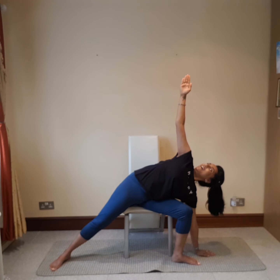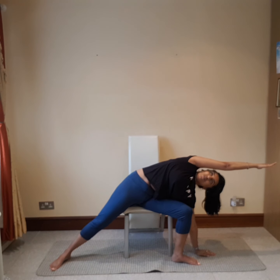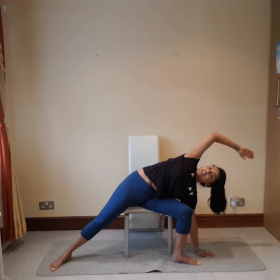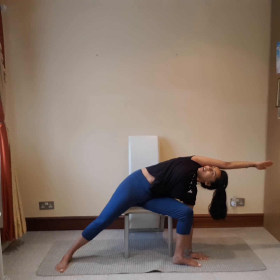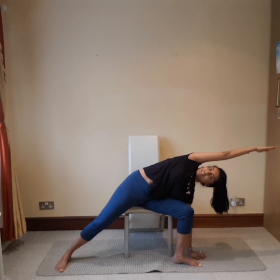So looking up at our hands with a nice smile, and then taking the arm all the way over, okay, all the way over and opening out. So making sure when you're in this position, guys, that we do not look down and we don't let our arm come forward. We want to make sure that we are looking all the way up and my palms are parallel to the floor, okay? And then nice and slowly, we're going to come all the way up, breathing in, okay, and sit